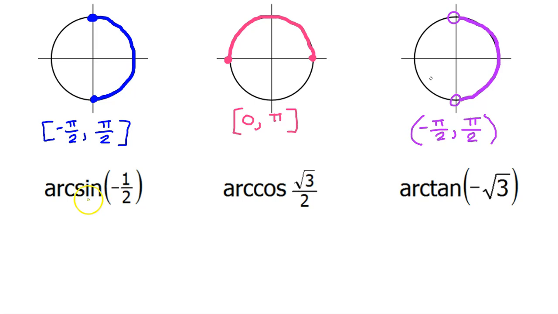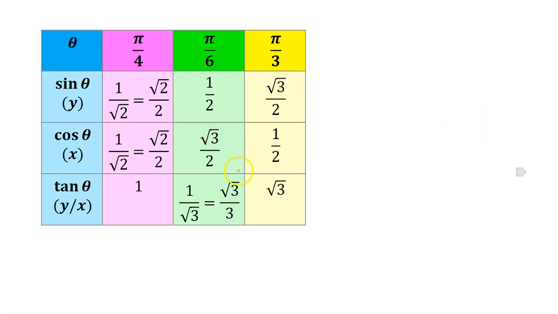So how do we find the one value of arcsine of negative 1/2? To evaluate an inverse function, in general, we ask ourselves f at what is equal to this number. To evaluate arcsine of negative 1/2, you ask yourself the sine of what is negative 1/2. For a moment, ignore the negative sign and just ask yourself the sine of what is 1/2. Make sure you have memorized these 9 trig facts, including the fact that the sine of pi over 6 is